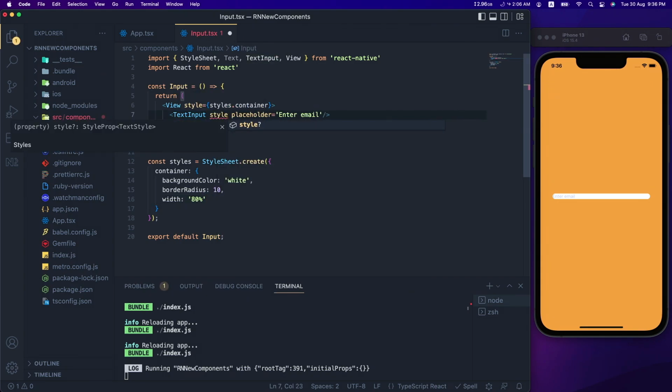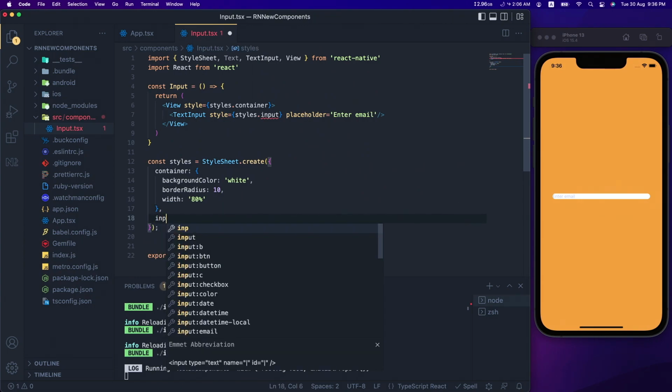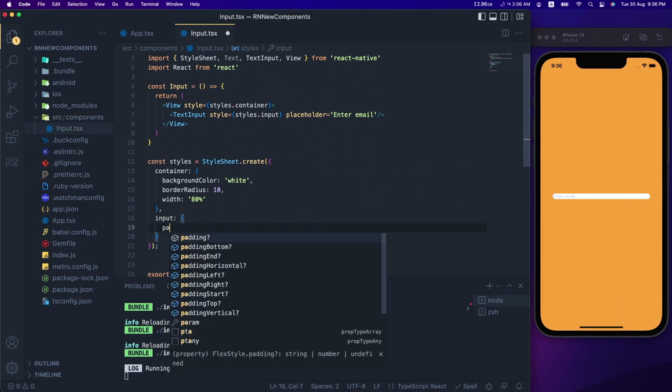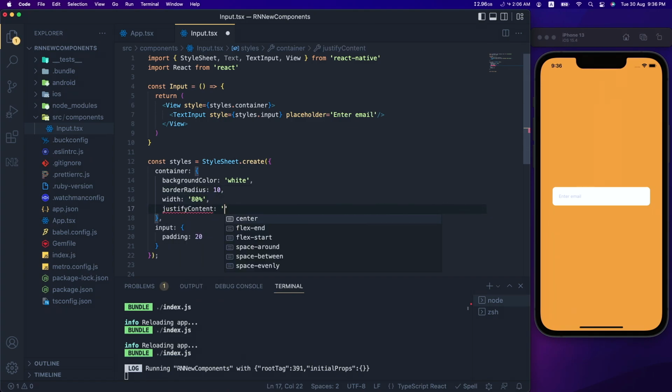So for that I'm gonna define a style in property here as well as input. Let's add padding over here. Alright, so here let's add a justify content as center to center our input field over main axis. Alright, looks